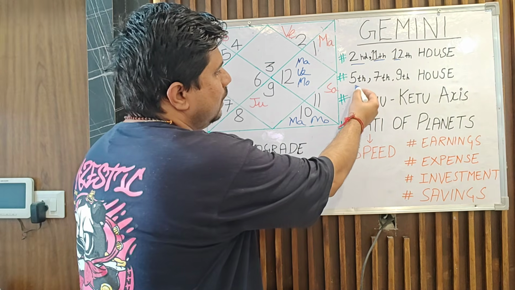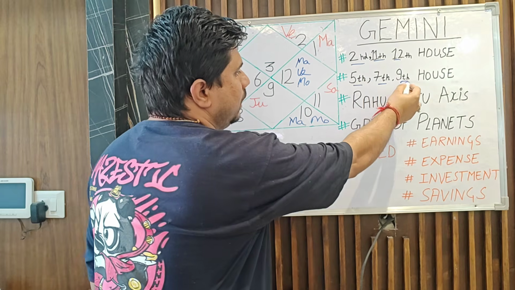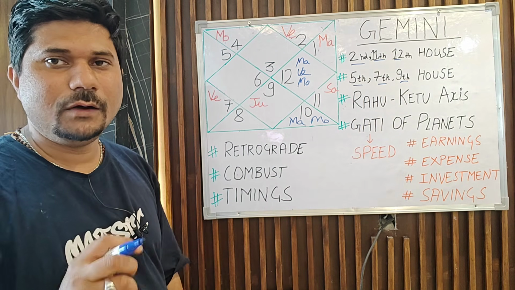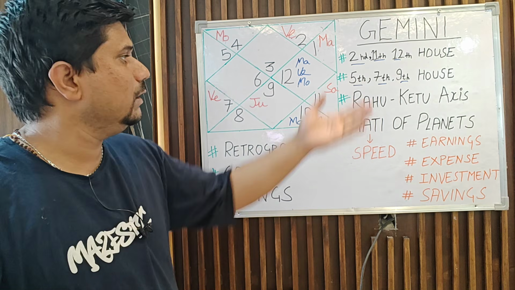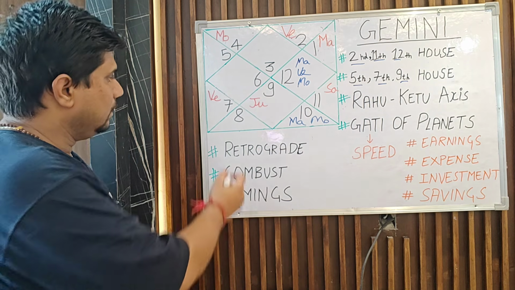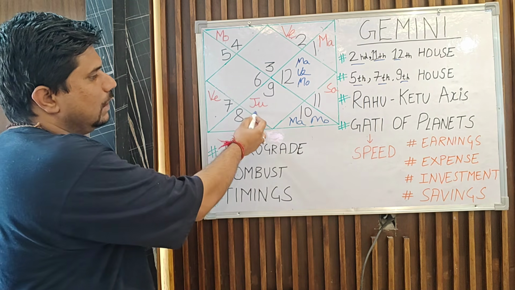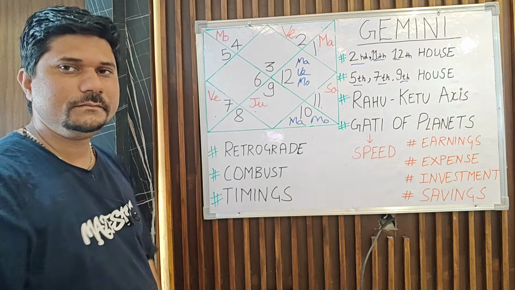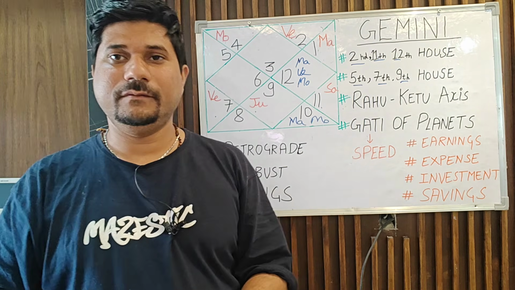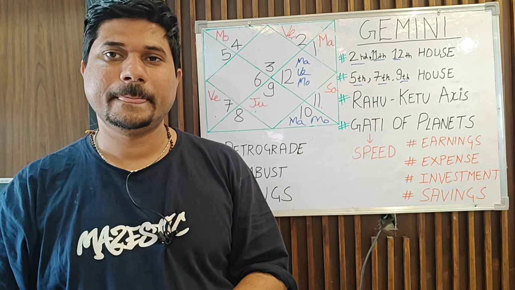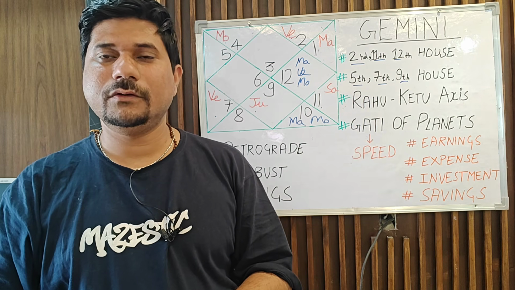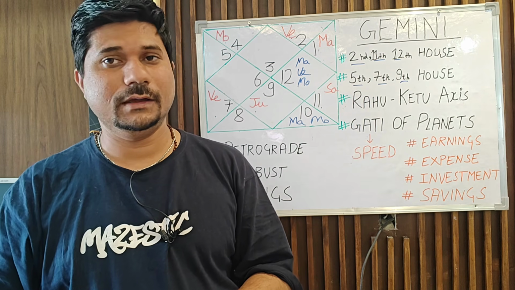Second, let's try to understand your 5th house, 7th house and 9th house. Now these houses are acting as a catalyst or supporting structure to the upper houses. This is the 5th house, this is the 7th house, and this is the 9th house. Now the 5th, 7th and 9th houses are responsible for the activation of RajYogas or Laxmi or wealth-giving yogas in this chart. Okay.